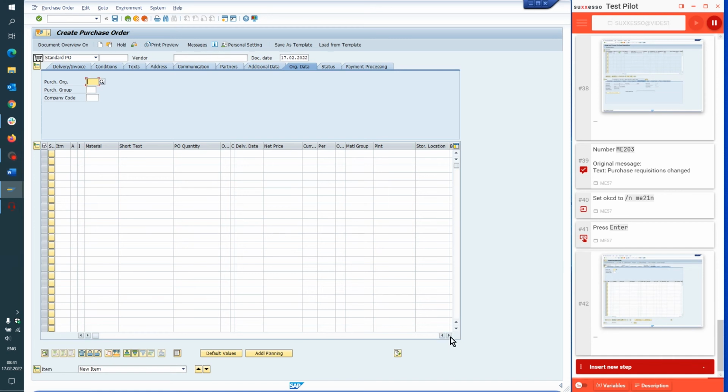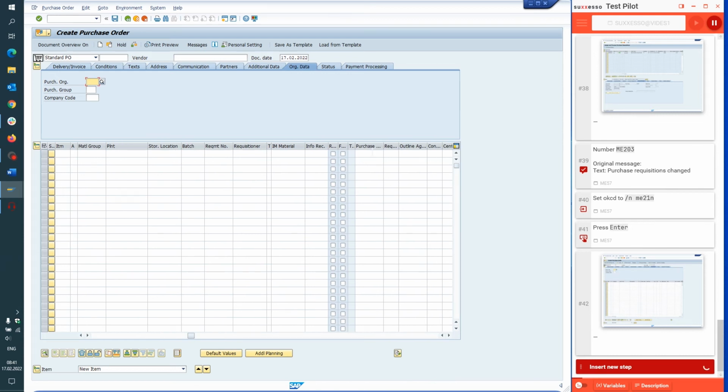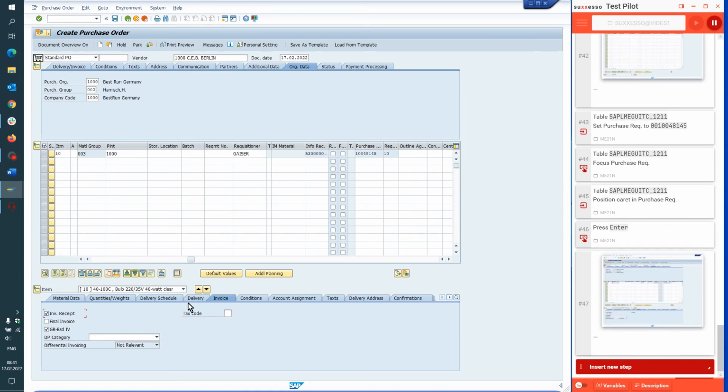Here again we have to provide the purchase requisition number, and we have the details, the parameters that have been provided by SAP for this requisition. Now we can execute the transaction and create the purchase order, but before that, because we are